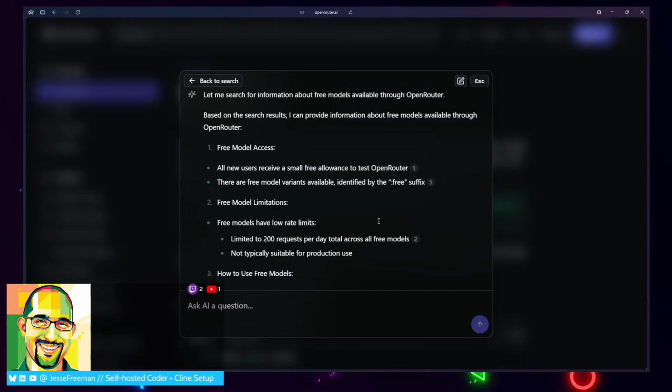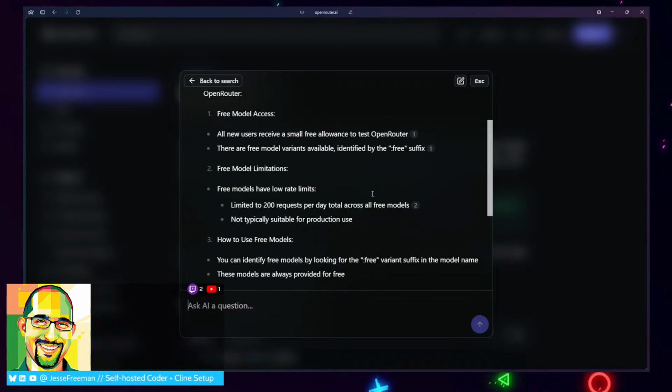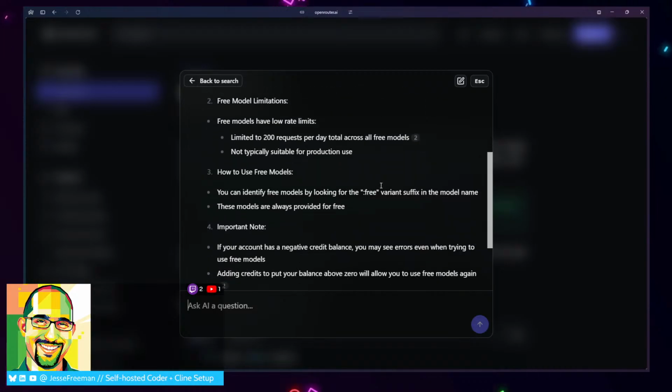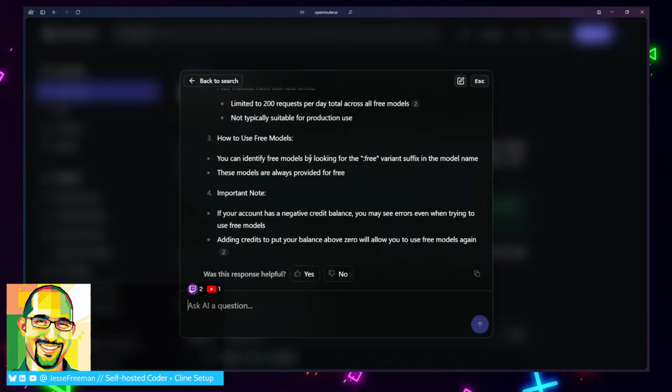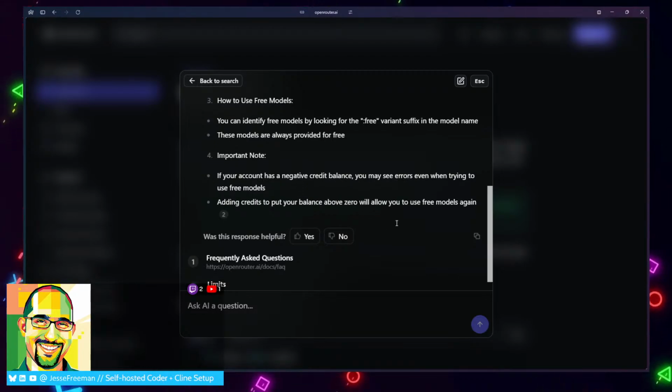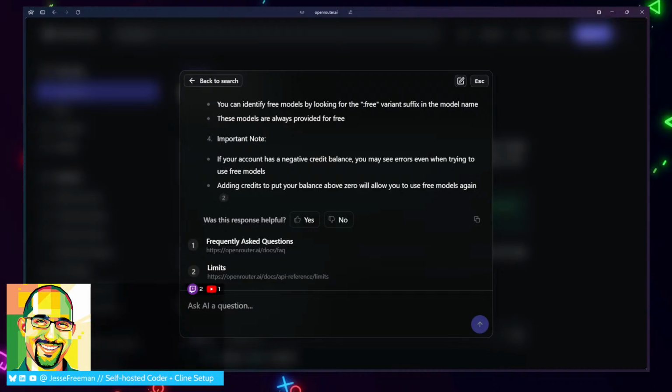Free model access. All new users receive a small free allowance to test Open Router. There are free model variants identified by the free suffix. Free model limitation. Free models have low rate limits, 200 requests per day total across models. Not typically suitable for production use. You can identify free models by looking at the free variant suffix. Important note, if your account has a negative credit balance, you may see errors when trying to use free models. Adding credits to put your balance above 0 will allow you to use free models again. All right, so